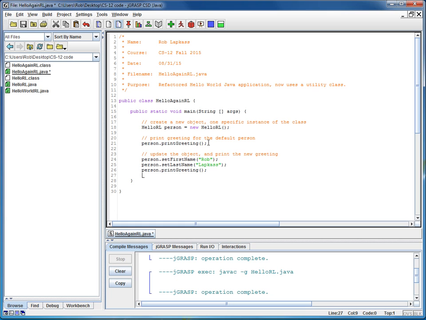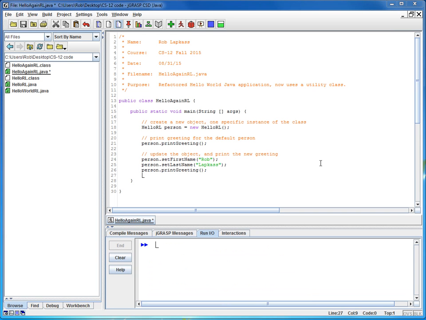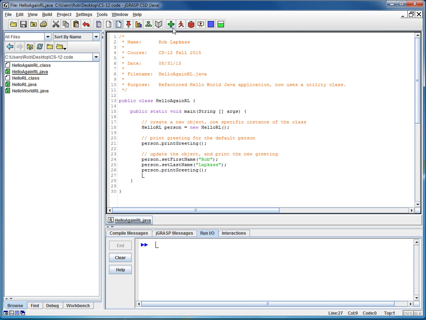And here we're printing the greeting based on the default person. Then we're updating the first and last names of the object, and we're going to print the greeting again. Notice that this class is shorter and leaner than before, and that we've buried all of the print details away in the other class, and to get to them all we need to do is make this one single call to printGreeting. So finally in step 13 what we'll do is we'll save our changes, compile one last time,